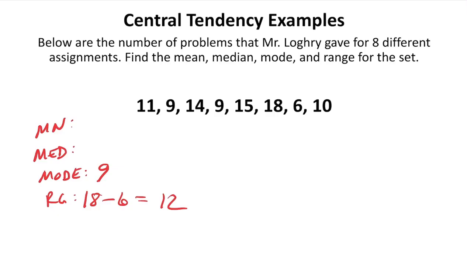The median, and I could have put these in order if I wanted to and found the biggest and smallest first. If you have a huge data set, that's the smartest way to do it, and find the median first. But if you don't have that many numbers, you can easily choose the biggest and smallest. So now I'm going to put them in order. 6, 2 9s, a 10, an 11, 12, 13, 14, 15,